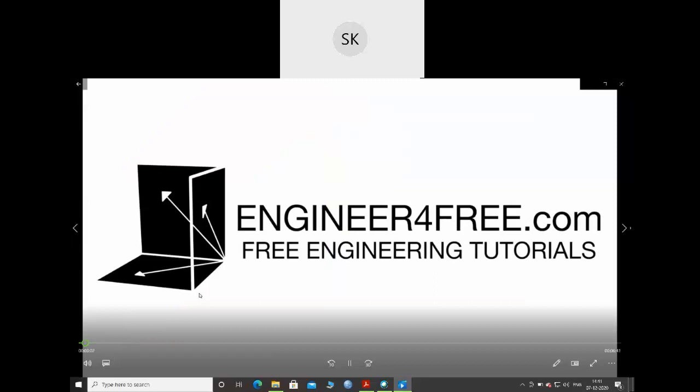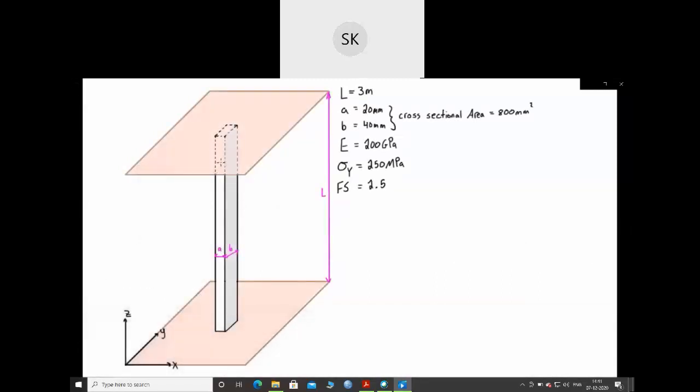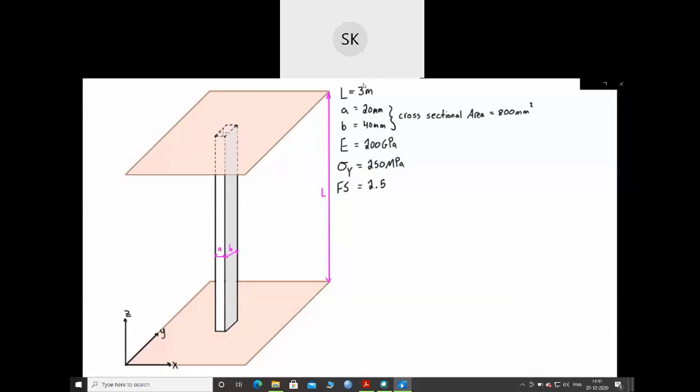Alright guys, welcome back. In this video we are doing another example on column buckling. In this case we have a three-dimensional column that has a fixed connection at both ends. So very similar to the last video. If you watched it, we had basically this exact same problem, only it was pinned with ball and socket joints at each end. This time we're talking about fixed ends, and that's going to change our effective length that we're